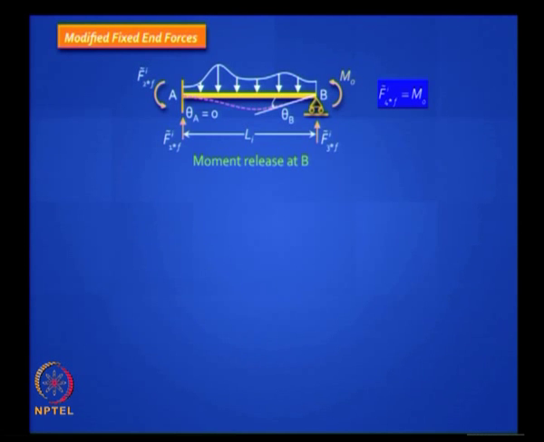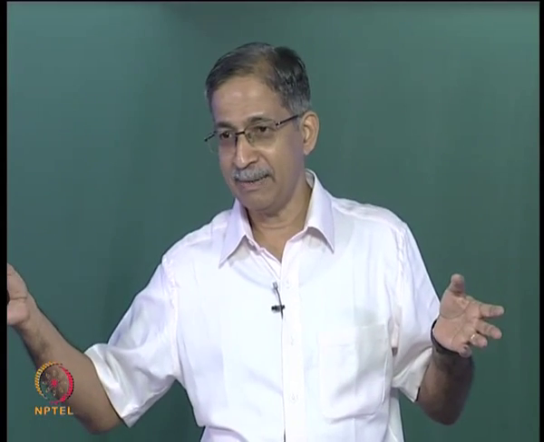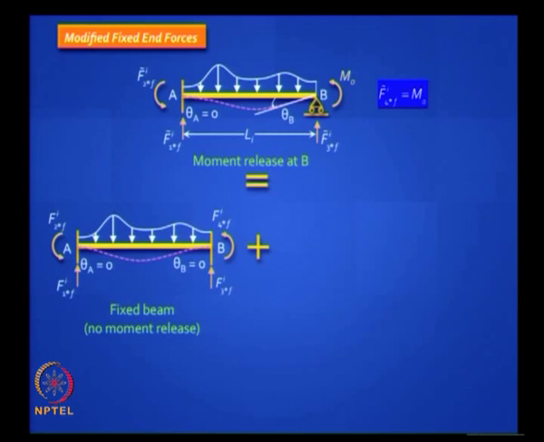So you remember we have discussed this earlier. If you know what is happening in a fixed beam, you know what to do for a propped cantilever. You have to do just that. So it is not really difficult. So the answer is find out what is happening for a fixed beam. You have tables which will give you the fixed end forces in a prismatic fixed beam subject to any arbitrary loading. Then to this you have to add something so that the moment at B is not 0, is M naught, then only you will get back the original picture.